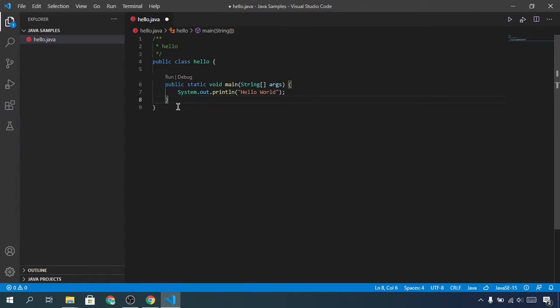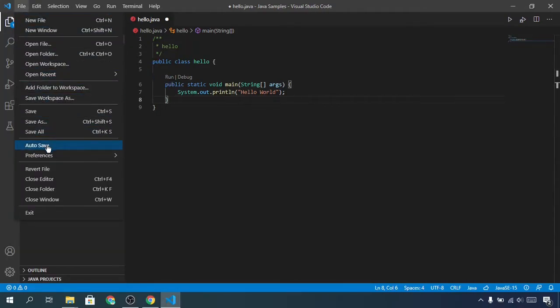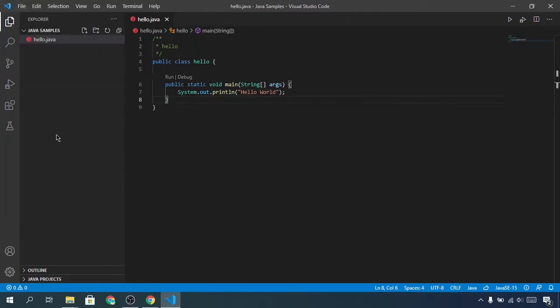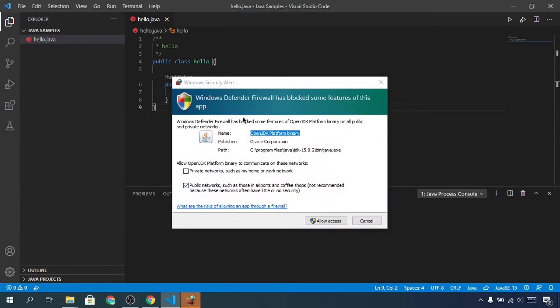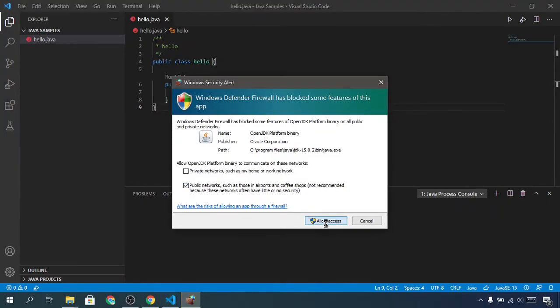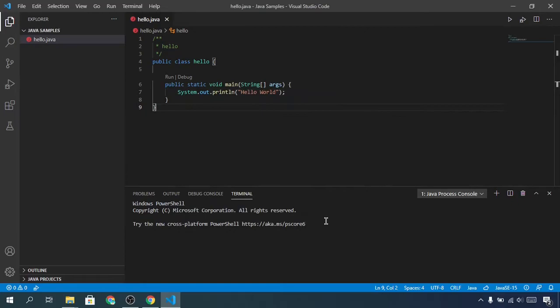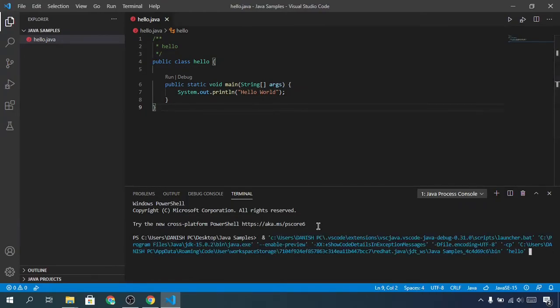So we can run this program directly from this option. First of all, you have to save the file. You can turn on autosave. This is the best option of Visual Studio Code, so you can select this. Now if you run this program, it will compile, and you have to allow the access to the Windows Defender firewall. And now here if you see, the compilation is completed and my output is shown over here. So as I typed hello world, the hello world is shown over here in the output